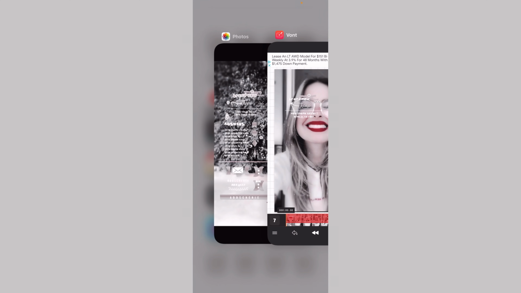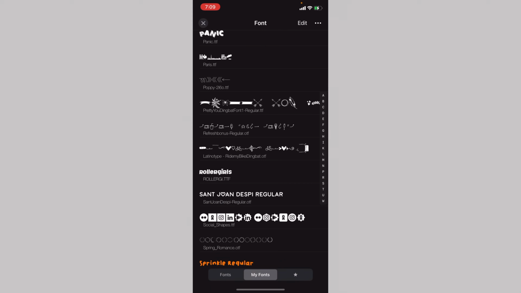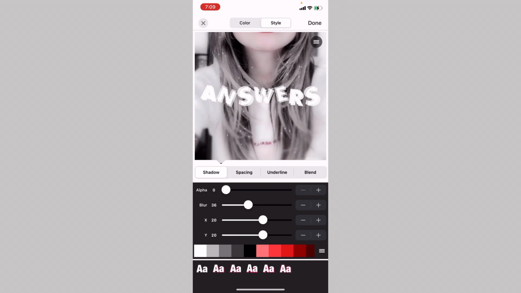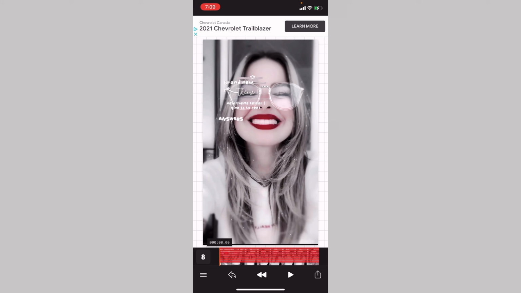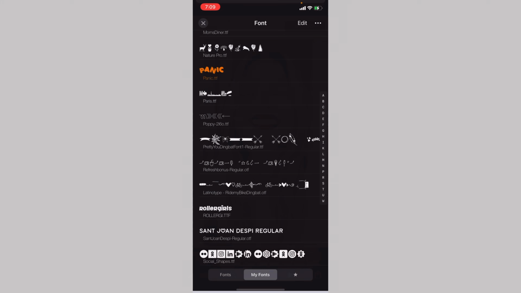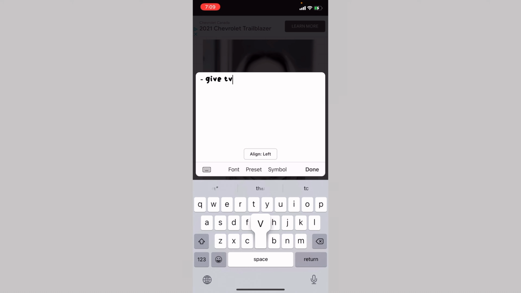Now you're going to write the word answers. And this font is the font Panic. Then you're going to click Style and do the drop shadow thing once again. You can choose different colors for each drop shadow. And now we're going to write the answers with the font Sprinkle once again. And you can just write anything. I'm just going to write give,